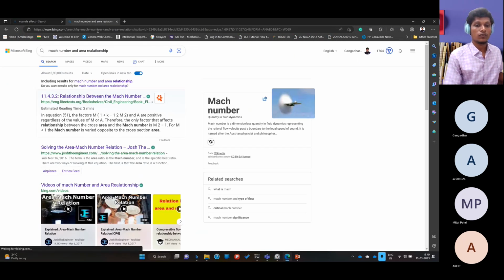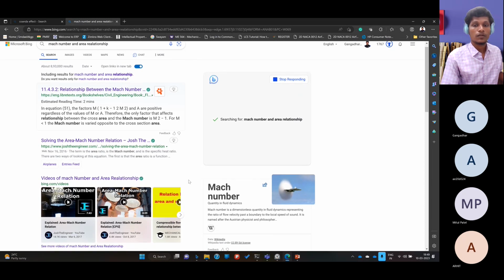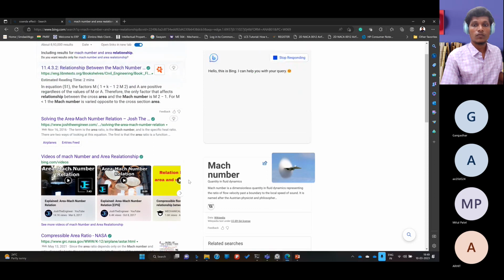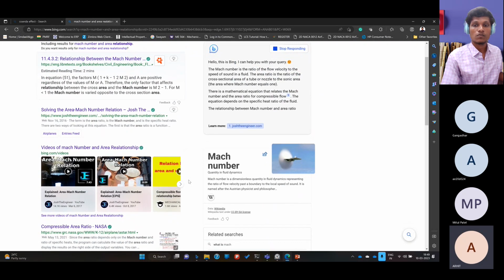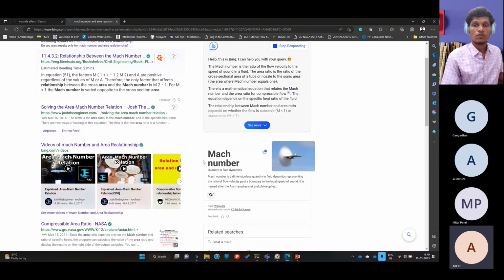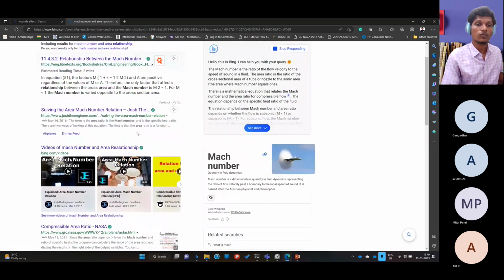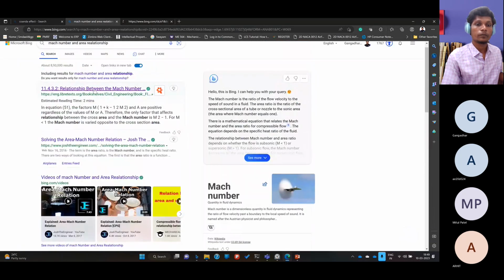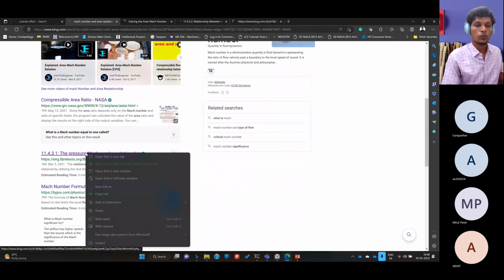The Mach number and area relationship, if you see, let me get the equation for it. You can see there is a differential format of the equation. Sir, you are asking for that A star by A equals, M by M star, I think. Yes, that is also one relation that we derived from the basic governing equation. I'm looking for the differential format. You can find it in the Anderson book, but I will just show you the equation.